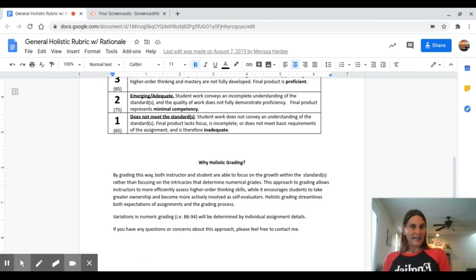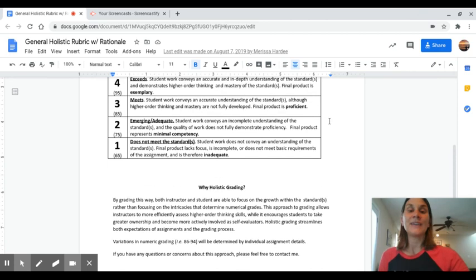Because C is fine. It's fine. You're emerging. Okay. The next grade that you might get would be a 3. A 3 means that you meet the standards. If this is starting to sound a little familiar to you, it's probably because this is exactly how you were